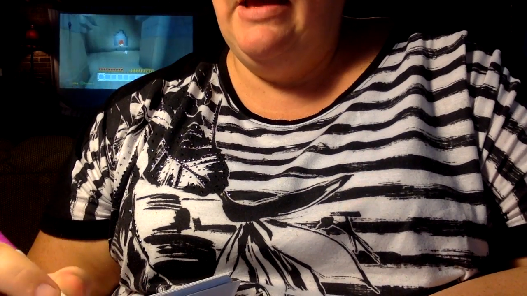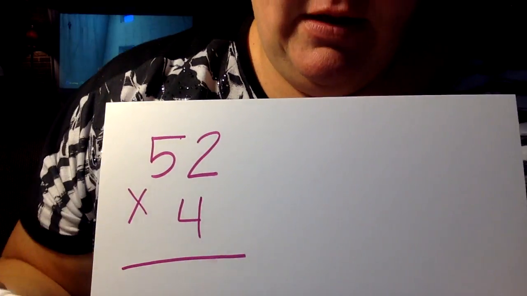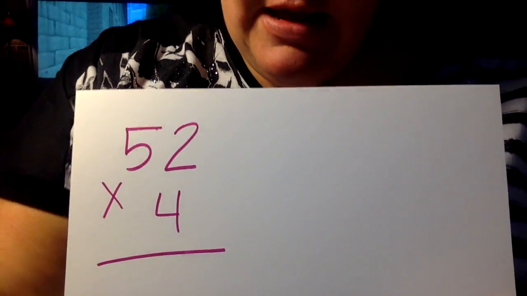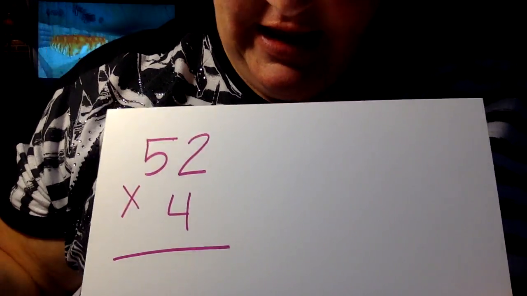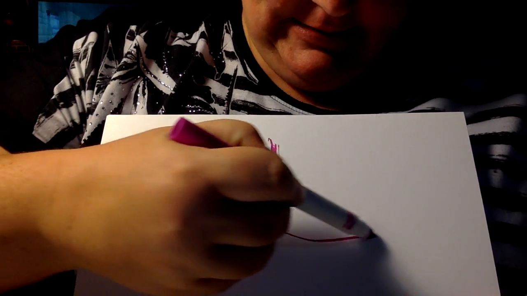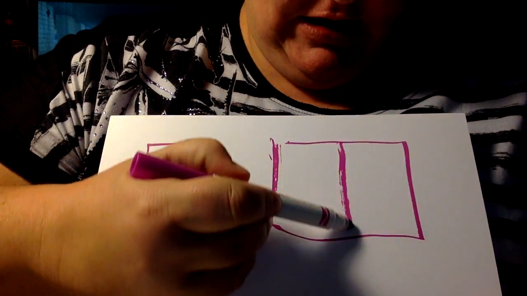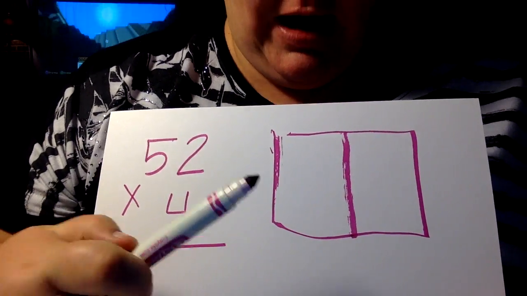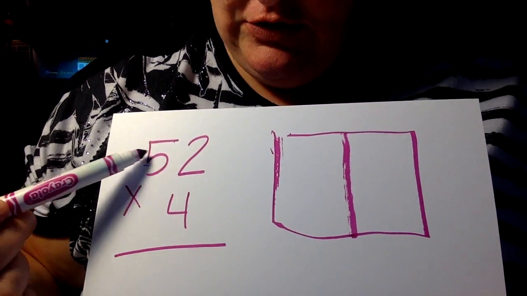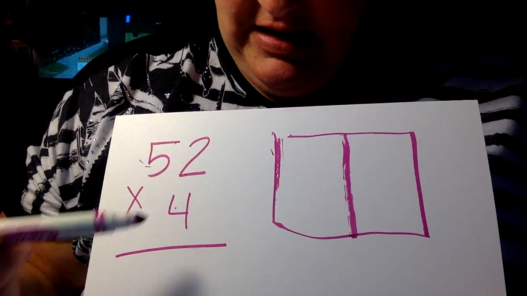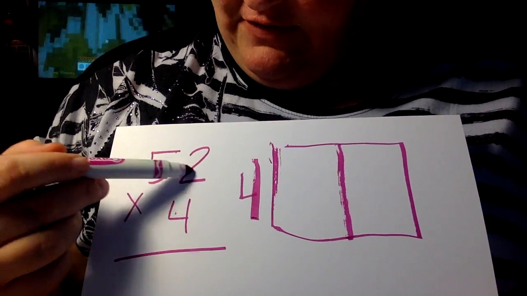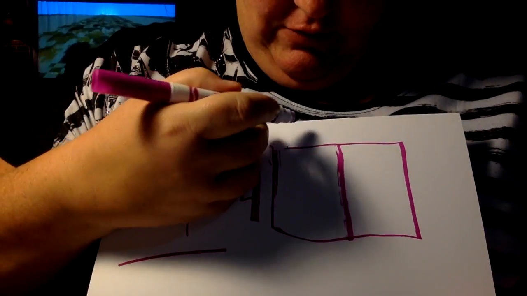52 times 4. Well, this is the rows and columns, or columns and rows, it really doesn't matter. But this is a 2 by 1 multiplication problem. So I'm going to draw a box with 2 columns but 1 row. This is a 2 by 1 box, isn't it? Just like this is a 2 by 1 math problem. Now, I'm going to put my 4 here, and I'm going to expand the 52. This 5 we're going to put here,